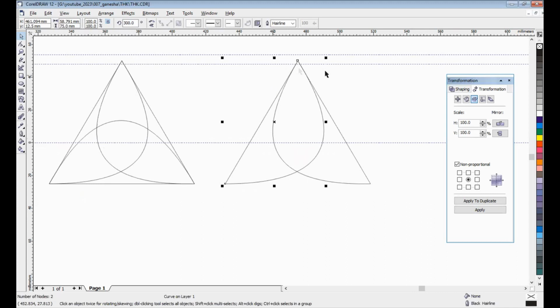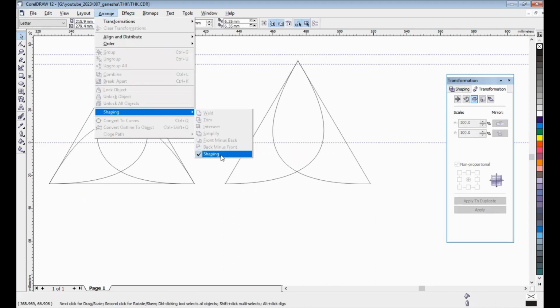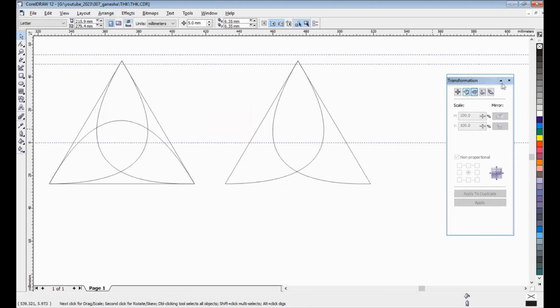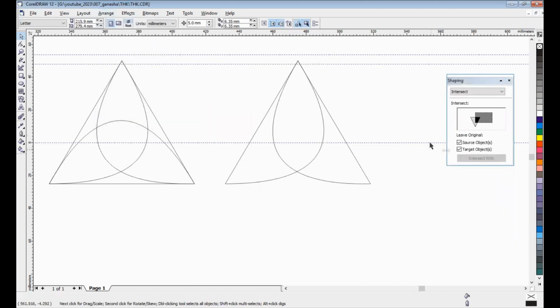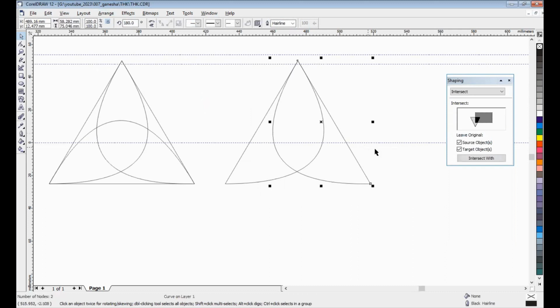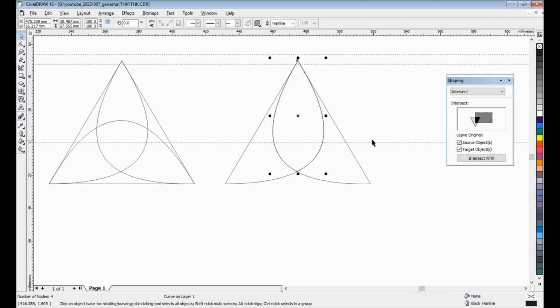Okay, now I want to activate my shaping. Where is my shaping? Sorry, the range saving. Use intersect. Choose intersect with this. Okay, that's the result.